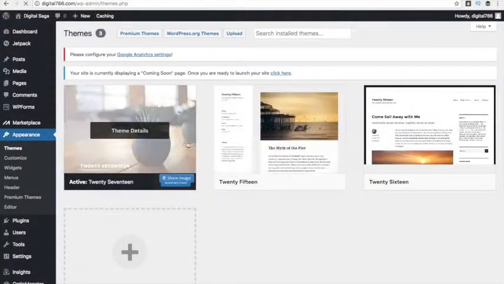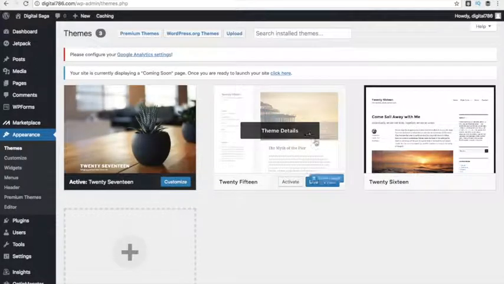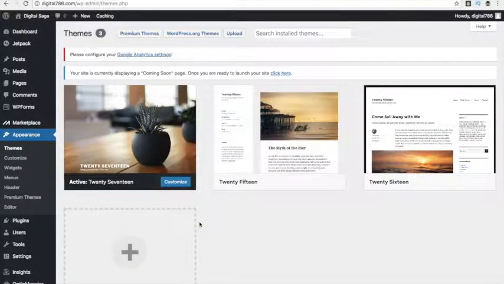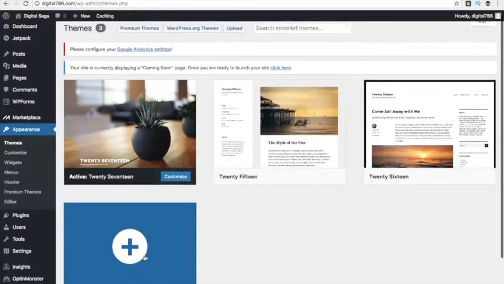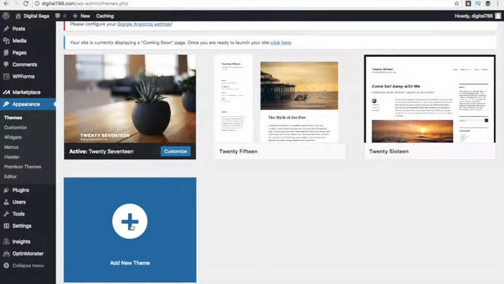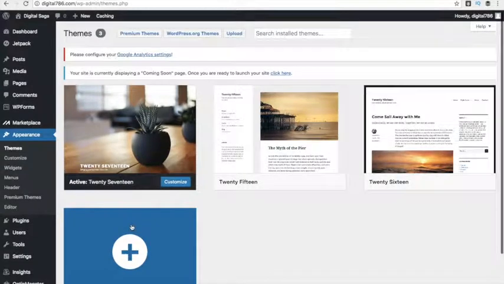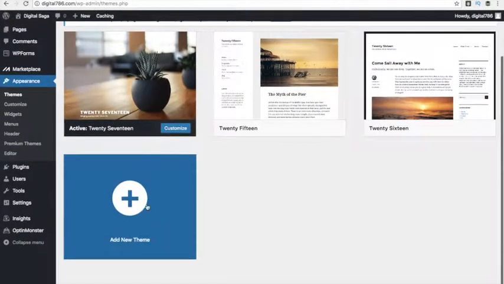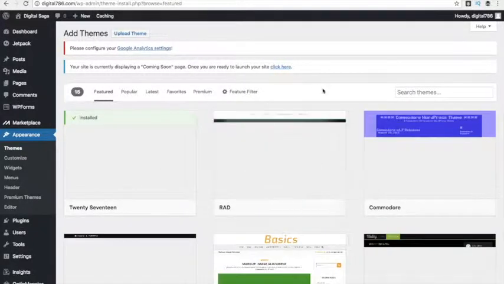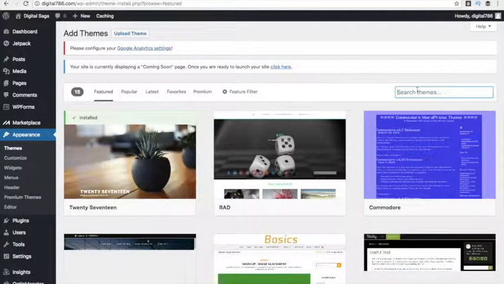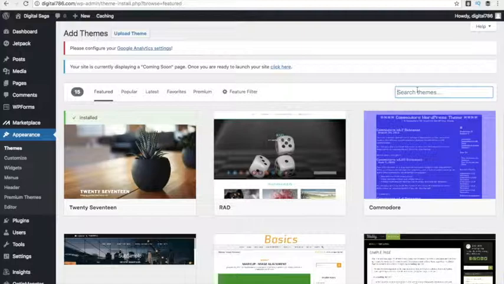By default this is a 2070 theme given by WordPress, so we can either work with this or we can select our own theme. For this you need to click add new theme here and then start looking for the theme which you want. So I'll click add new theme